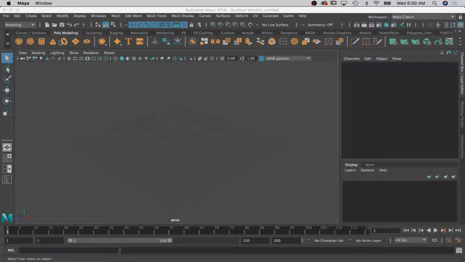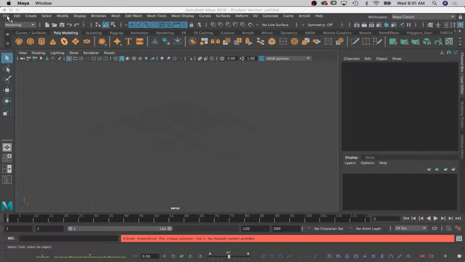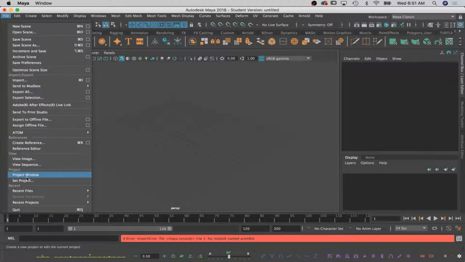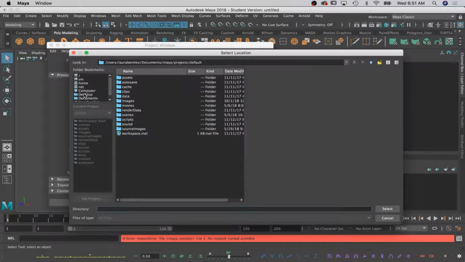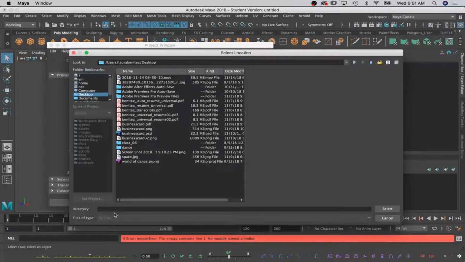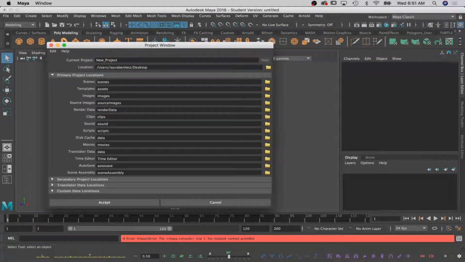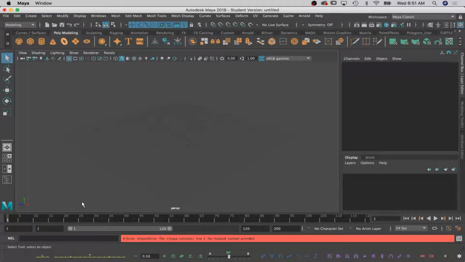Now that I have Maya open, I am going to create a project folder because I haven't done that for this. So I'm going to go to File, Project Window. I'm going to create a new one. I'm going to change the location to the desktop so I can see it. Select. And I'm going to change the name from New Project to Balancing Ball Tutorial. So this isn't going to be for your final project, but it's just a good way to segue into